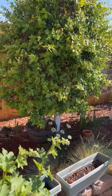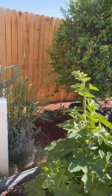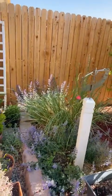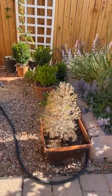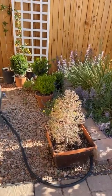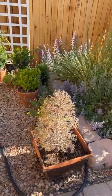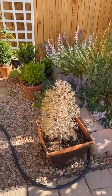And we'll come over here. I had this little spruce that was in my garden. I've had the spruce for several years now, and the past couple years it's been doing needle drop. And I had it in this pot, and then I put it in the garden by the bird bath, and